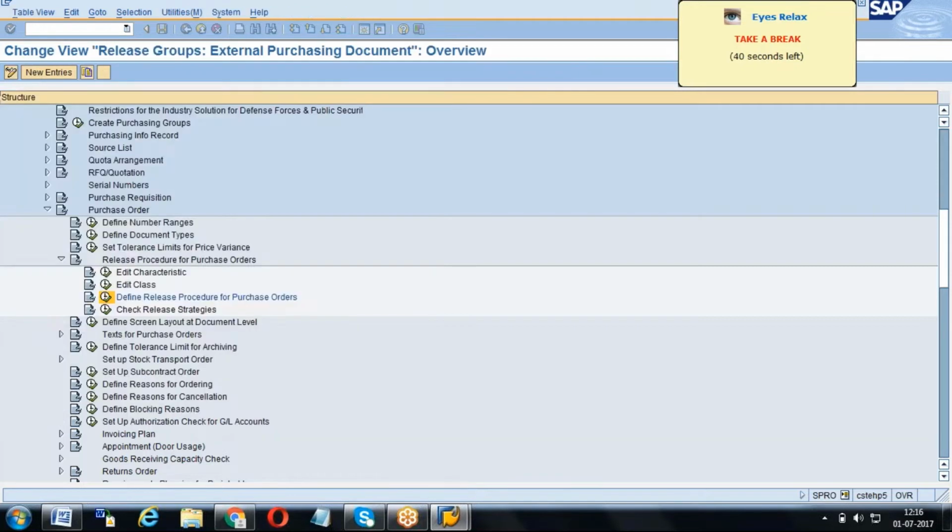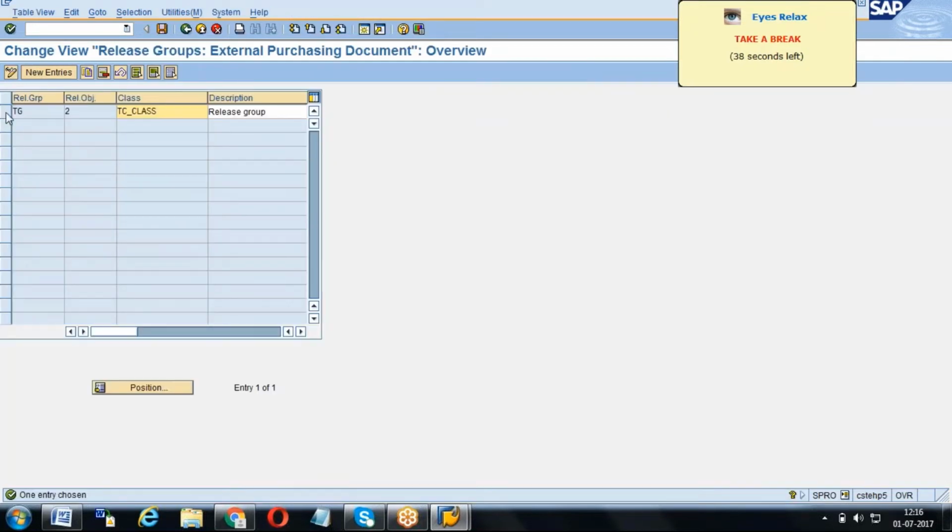Yes, you have to delete this line item, or else you have to give the other class which is created by you. But you cannot give multiple classes in a purchase order. For external purchasing documents, you can have only one class, whether it is a contract or a purchase order. All should be using only one class.